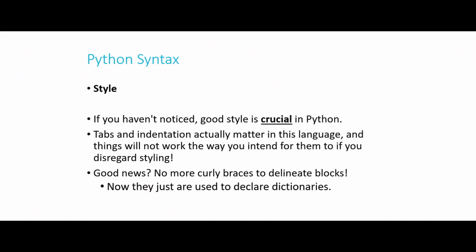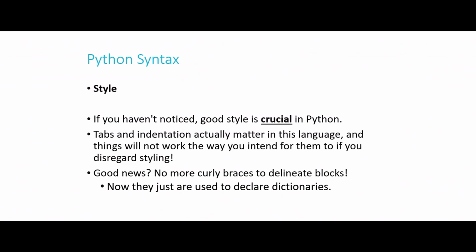We don't have curly braces anymore, which is great, but we still need to be able to indicate how an if block is delimited. In C, we had an open curly brace, and then we had some code, we had some closed curly brace, and it didn't really matter how things were styled in between. I mean, it mattered for somebody who's reading your code, but it doesn't matter to the computer. It does matter in Python.